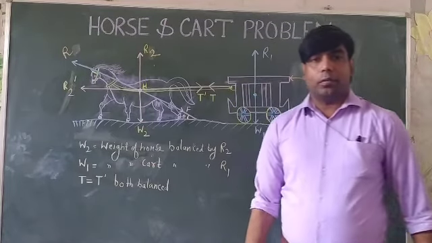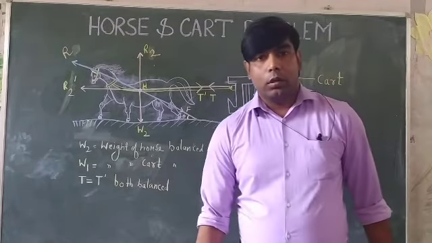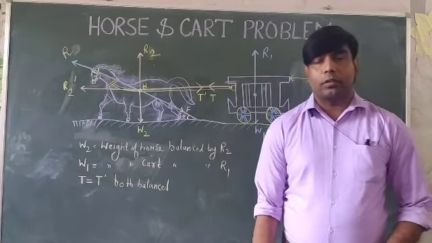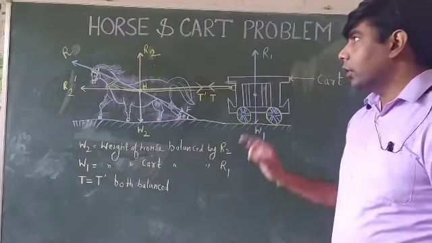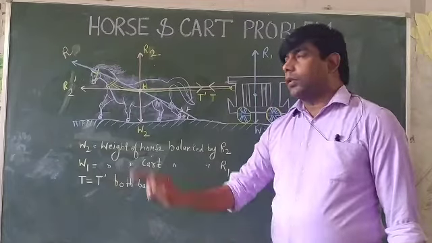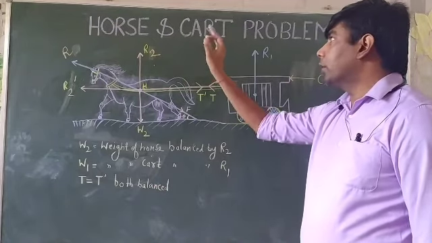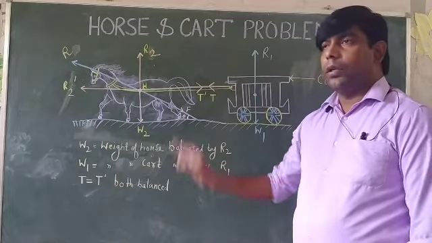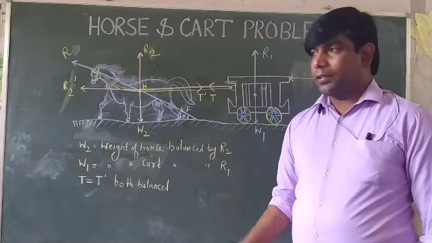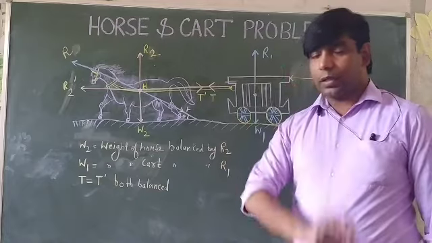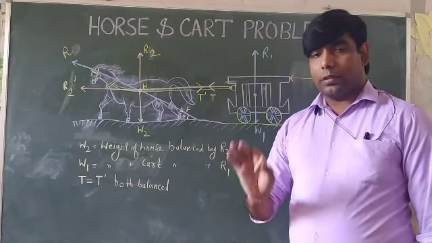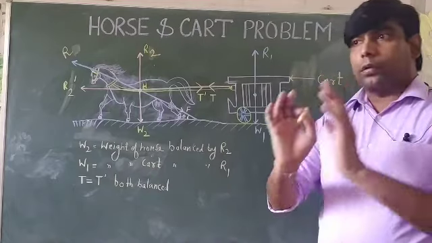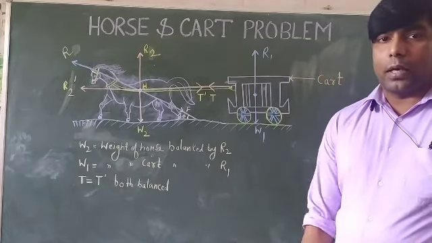We have been discussing Newton's third law in the last lecture. We have seen Newton's third law and also its applications. Based on it, there is a problem we have to discuss, that is the horse and cart problem. It says that if actions and reactions are equal, how can the horse pull the cart in the forward direction?